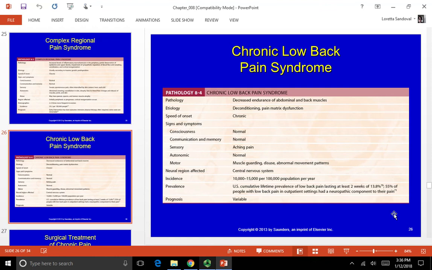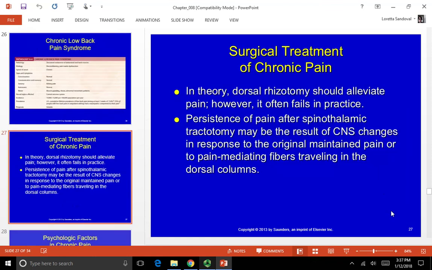But all of the studies that have studied chronic low back pain syndrome show that exercise is a very effective treatment for chronic low back pain syndrome. But it's challenging to get people on board with that. And I'm telling you, if you work in outpatient therapy, you will see a lot of low back pain. That is a very common outpatient diagnosis.